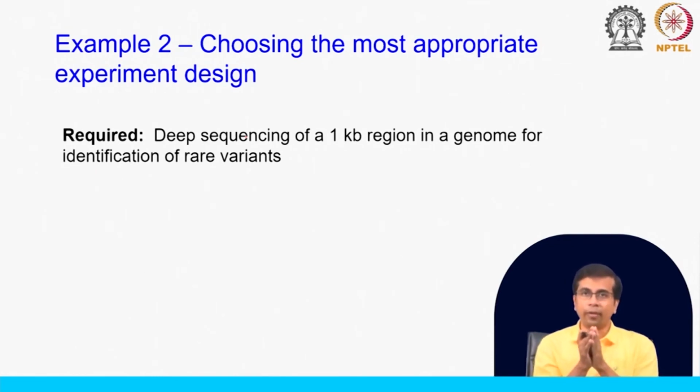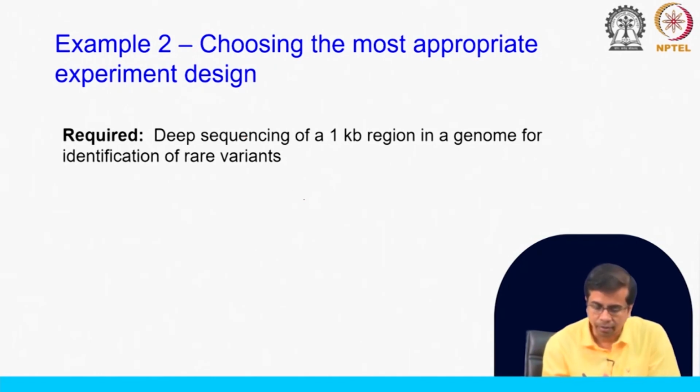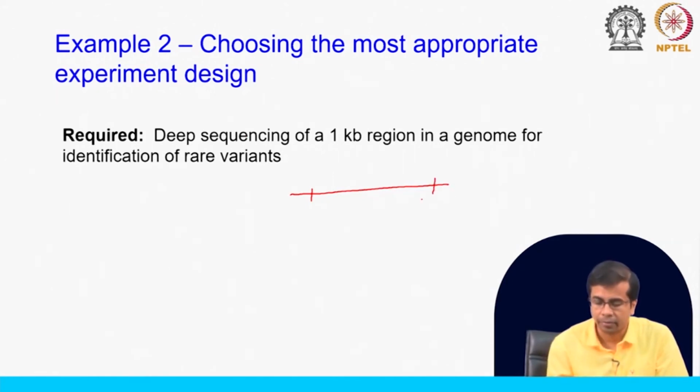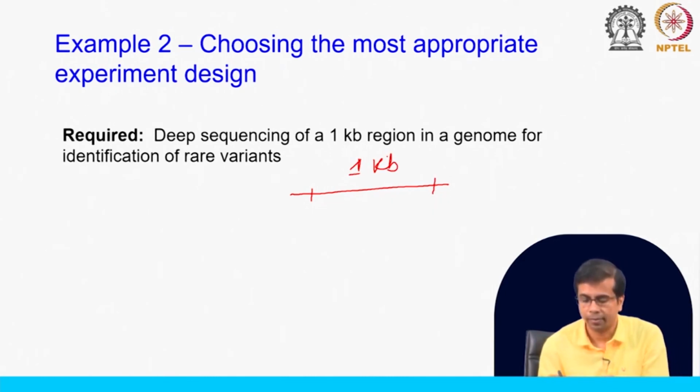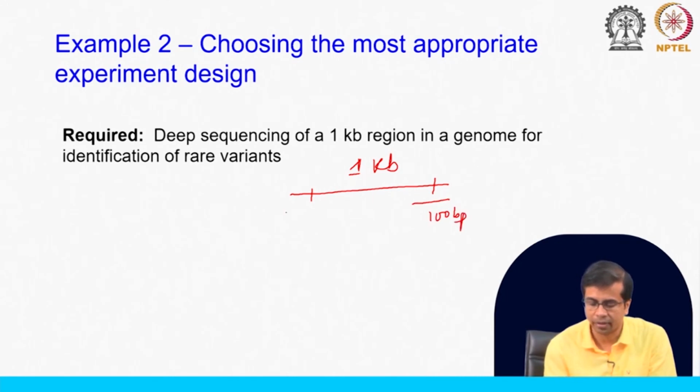So, one of the questions that you might still want to ask is where do you expect these variations to occur. Are these variations near the end of this 1 kb region? Do you expect these rare variants to occur only between, let us say, the last 100 base pairs here and the first 100 base pairs here of this region,